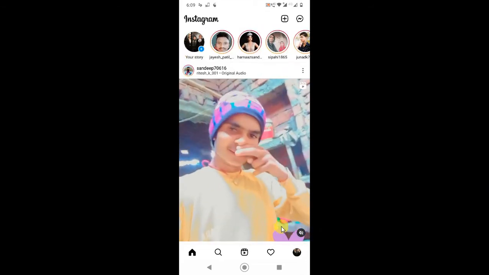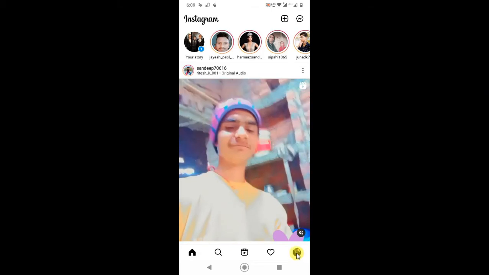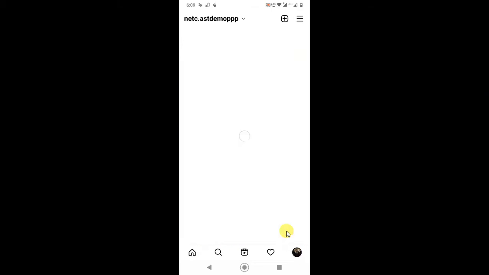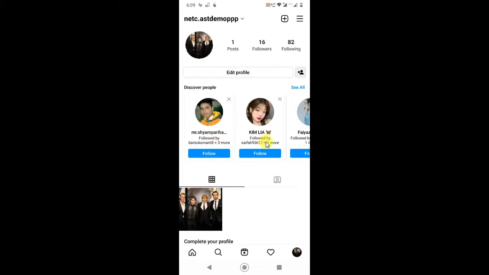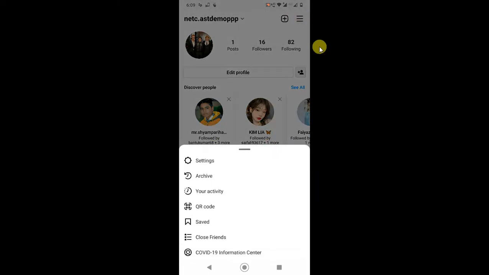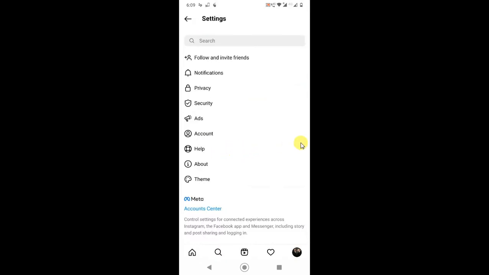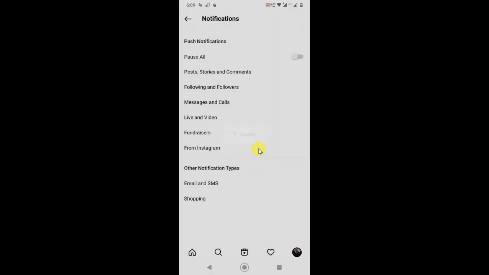If I want to hide some notifications, I have to go to settings. Just click on your profile photo and you will see your profile page here. Now go to the three line option and go to the settings. In settings, in the second option you will see notifications. Just tap on it. After that you will see you can pause all notifications